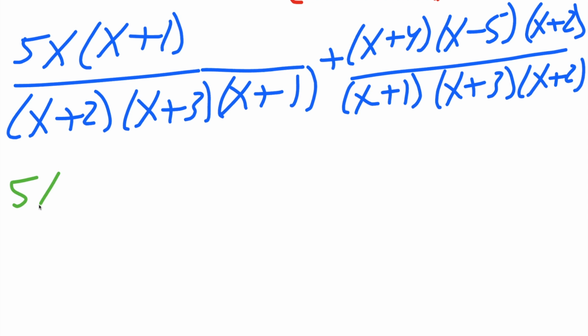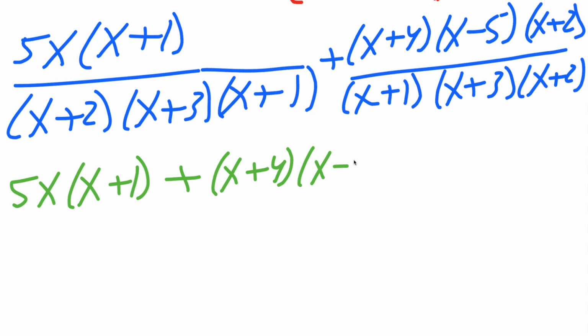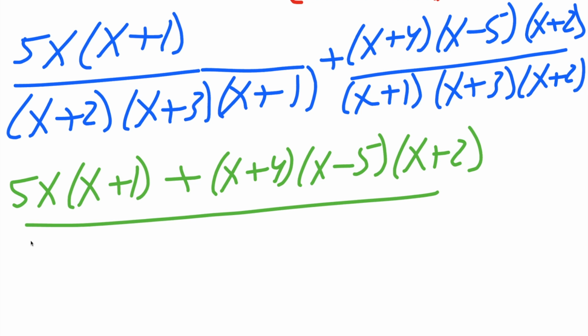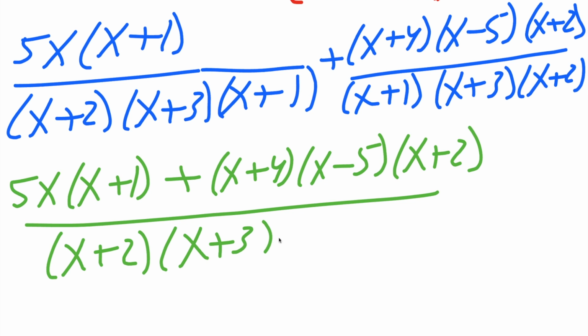So we have 5x times x plus 1 plus the other piece, so x plus 4 times x minus 5 times x plus 2 divided by our common denominator, which was x plus 2 times x plus 3 times x